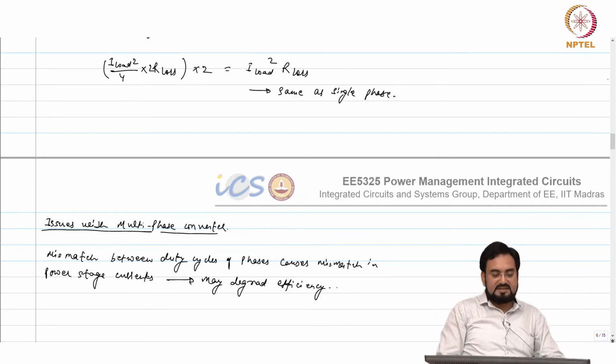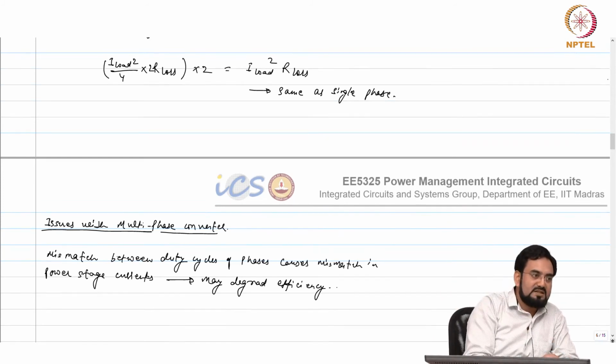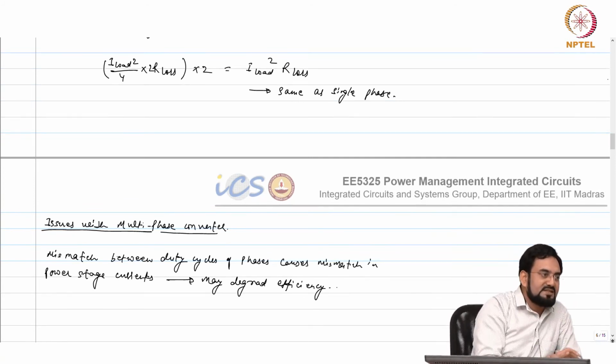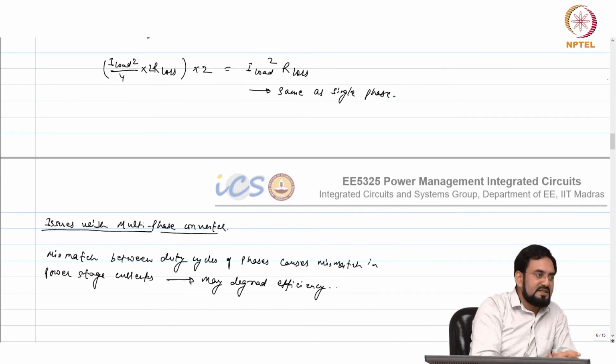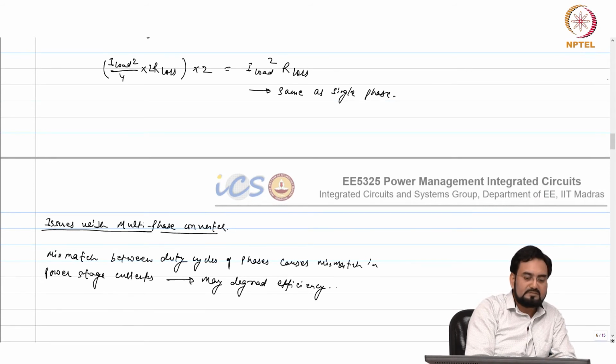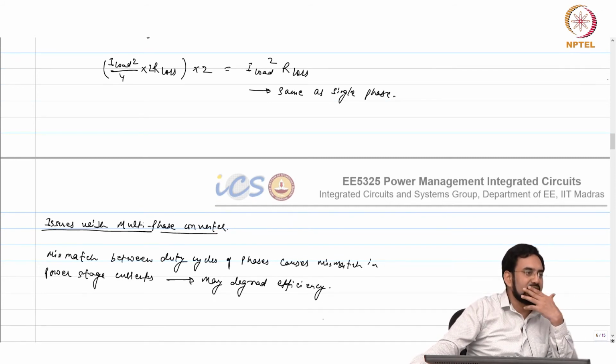So think about this. Let's say the duty cycle mismatch is such that instead of carrying 500 milliamp each, one goes 600 milliamp, the other goes 400 milliamp. That may happen. The one carrying 600 milliamp will see a higher loss, the other will see a smaller loss. On average, it is quite possible that the average loss may be higher compared to if they are equally split. That's why we require current balancing here, which means, because of the duty cycle mismatch, you have to match the duty cycle.